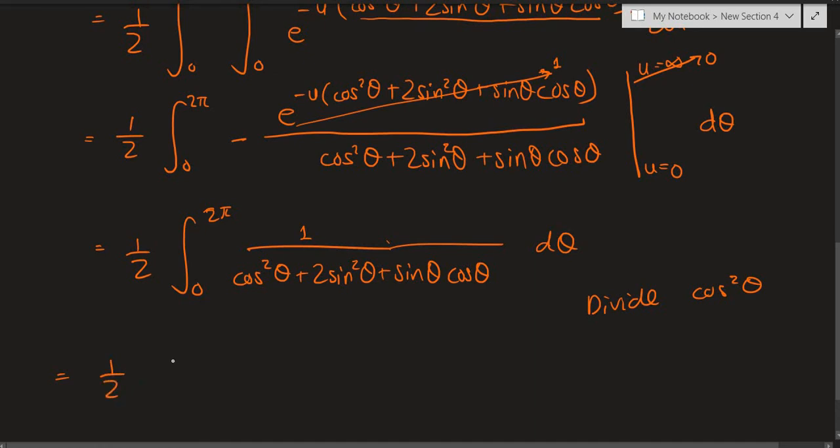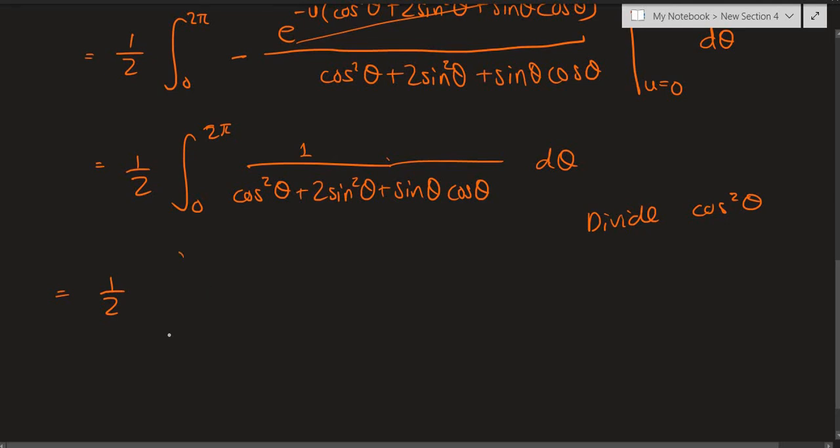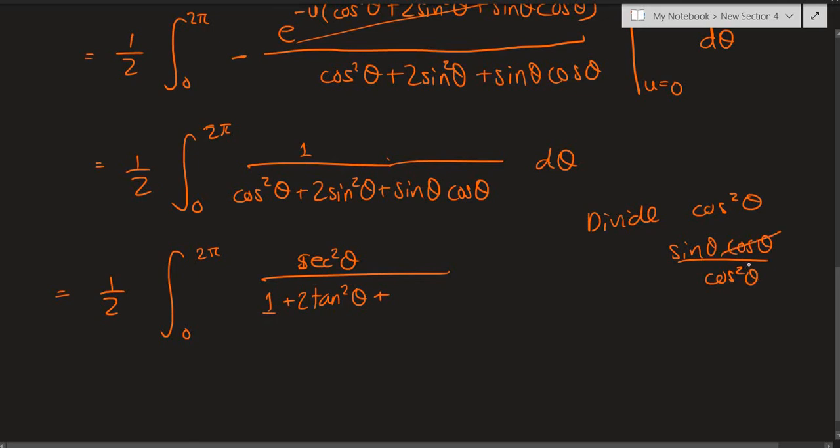So we have half the integral from 0 to 2 pi of 1 divided by cosine squared theta, which will just be secant squared theta, divided by cosine squared theta divided by cosine squared theta is 1, plus sine squared theta divided by cosine squared theta is 2 tan squared theta, and this sine theta cosine theta will just become sine theta cosine theta divided by cosine squared theta. One cosine cancels, just a single tan theta,